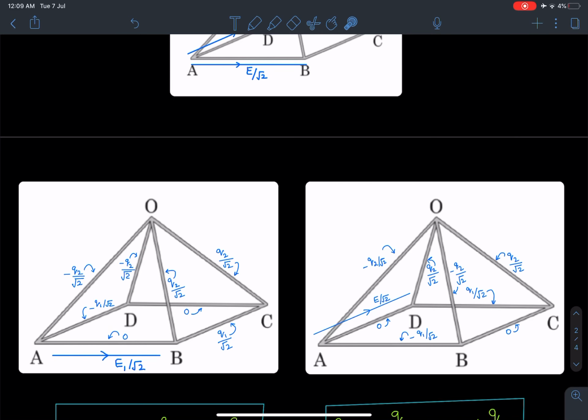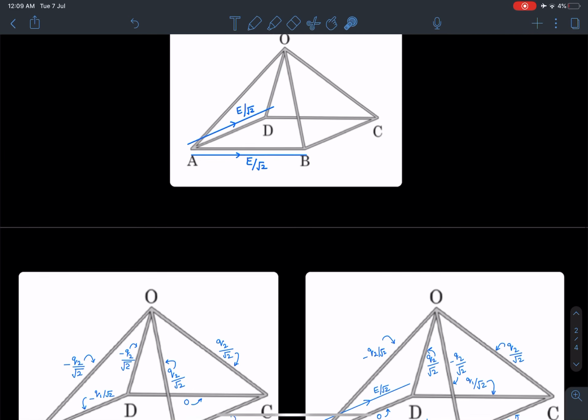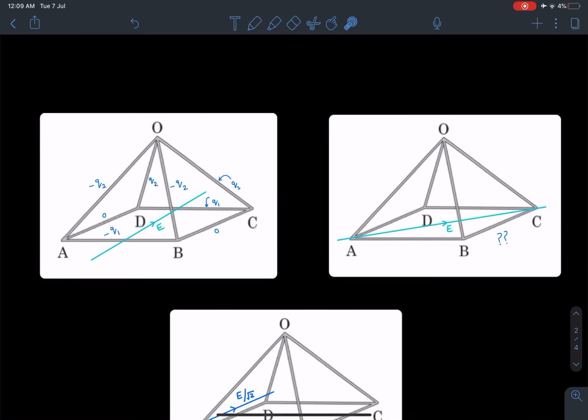I hope you are able to understand. It is just borrowed from this diagram. So next,